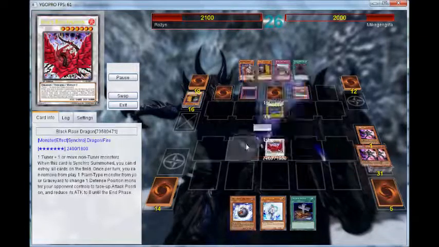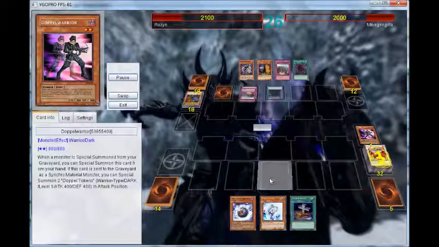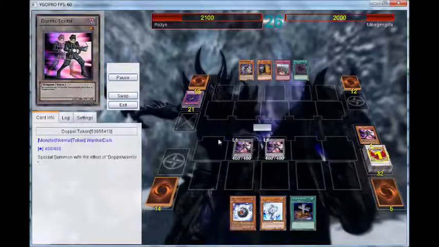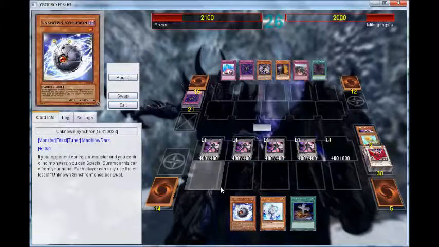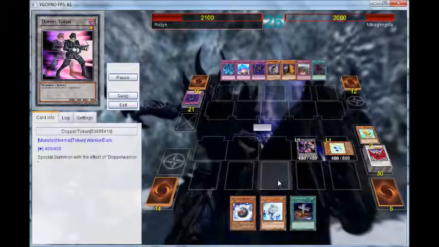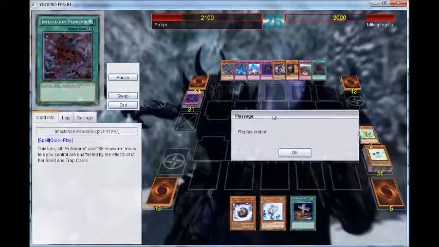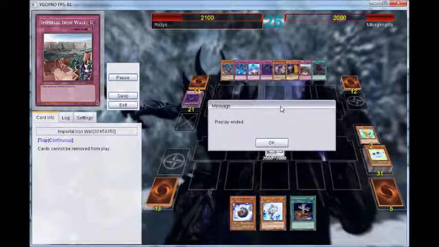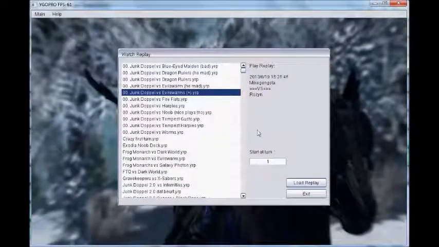So yeah, he maxes. I go for Black Rose, get the 4 Doppel tokens. And now that his Imperial Iron Wall is gone, I can actually use the Spore I've got in my graveyard to go for Stardust Dragon. I don't care about Maxi at this point because I know he doesn't run any hand traps aside from Maxi, so no Gourds or Battle Faders. It doesn't matter how many cards he draws because my attack will go through anyway, and it was enough